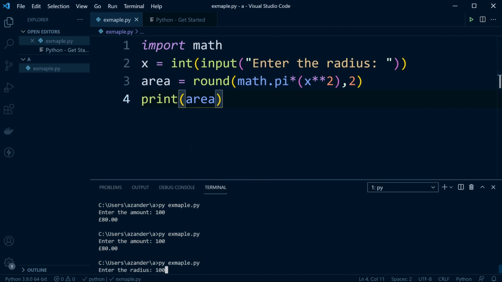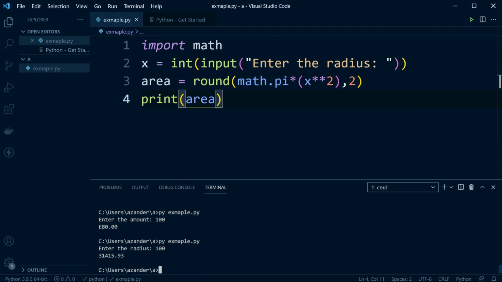So 100, and there we go. So we've got 2 decimal places. So hopefully here you can see the importance of the order of operation and understanding how to utilize those principles. And in addition to that, importing maths. And this is just an example again of utilizing the maths library tools to bring in pi to make some